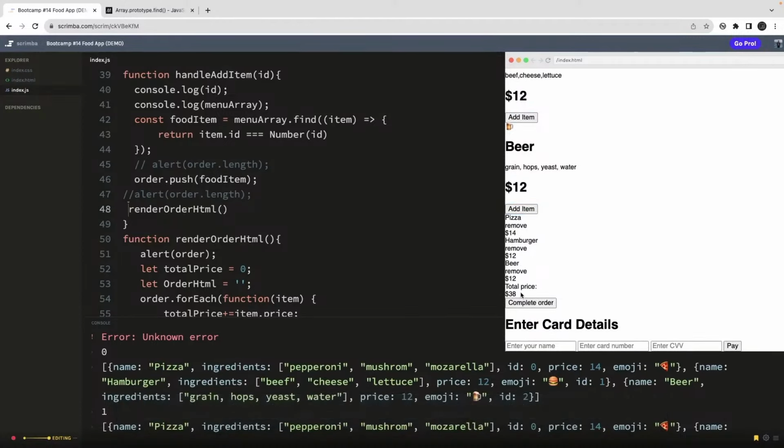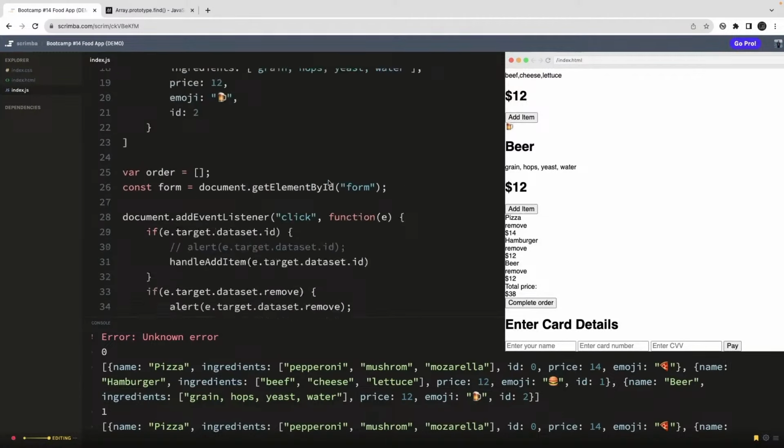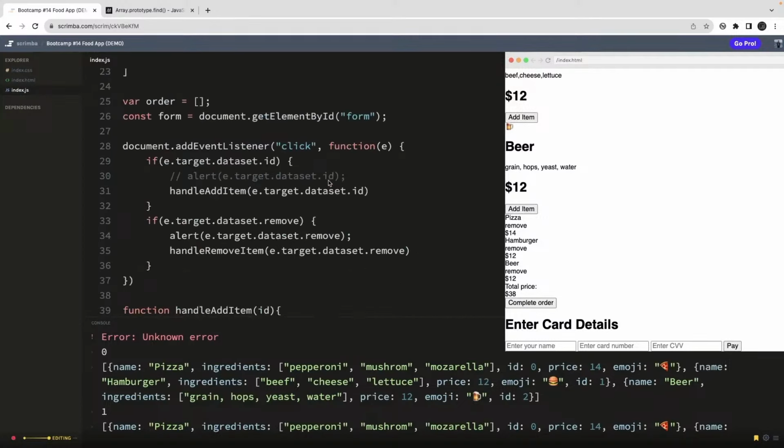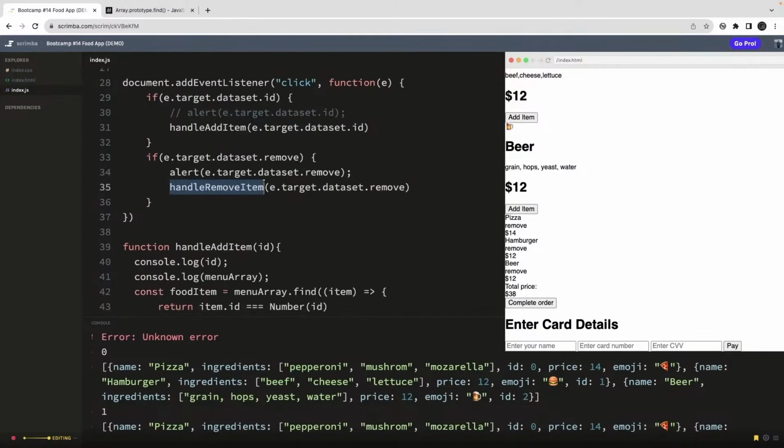It was all about comparing the string with the number. Obviously that will be false, so you need to convert the ID, because this is coming from the DOM node and it will always be a string, this event.target.dataset ID. Then we can also have another method which is to remove the item from the DOM node. So what we are doing here for that is we are just doing a filter, and we will render it. So function handle remove item,